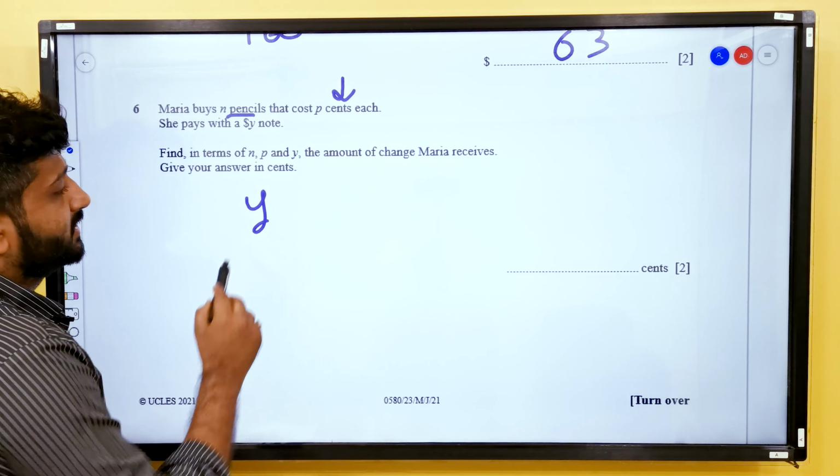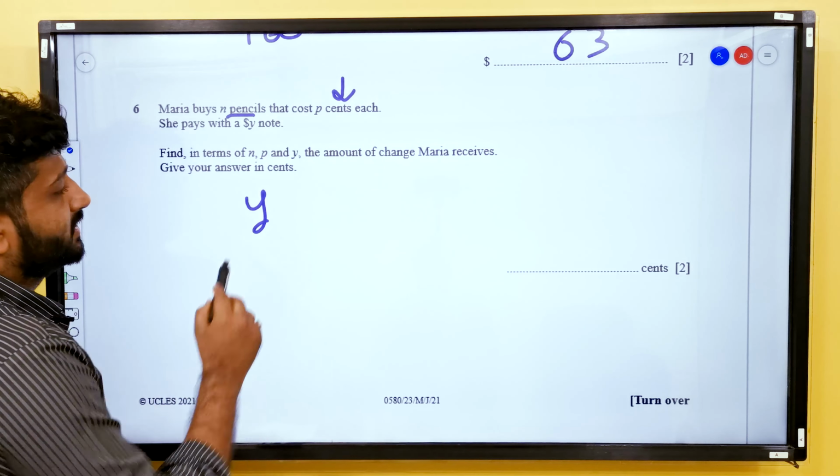Next question. From the list of numbers, write down a cube number, a number which is a cube. As you can see clearly, 125 is a cube number. Prime number, a number which has only two factors, one and the number itself. I think here we have 12 is not a prime, 18 is not a prime, 29 is a prime number.